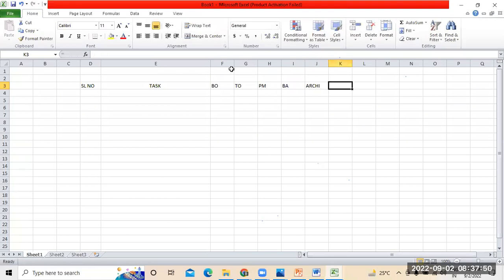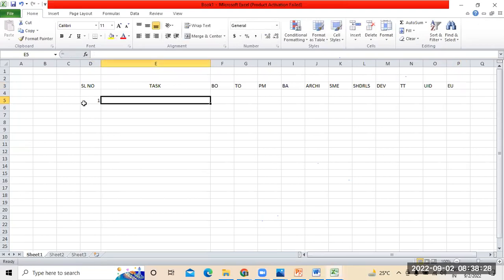architect, next subject matter expert, stakeholders, next development team, next testing team, user interface designers, end users. So these are the people we have identified here. Now, starting from the first serial number,